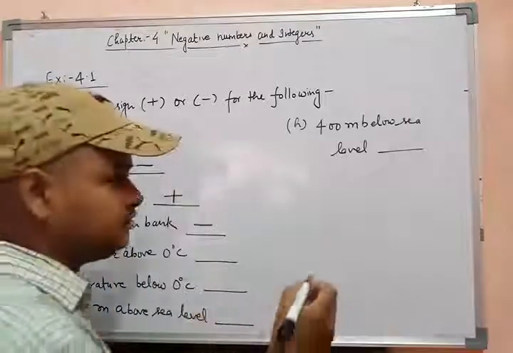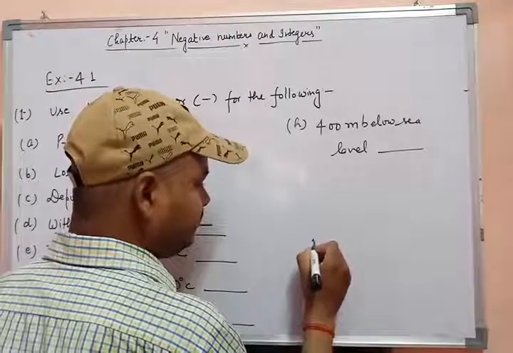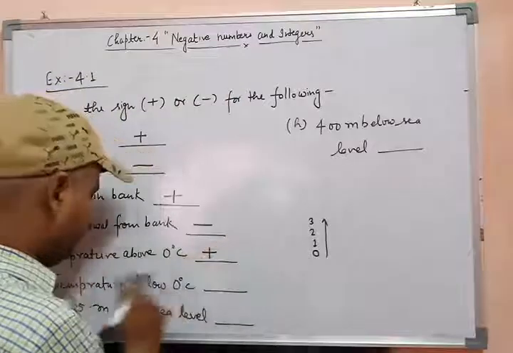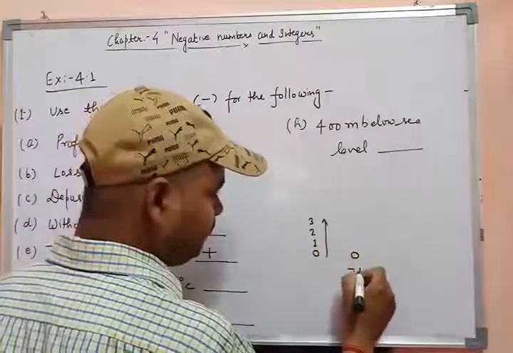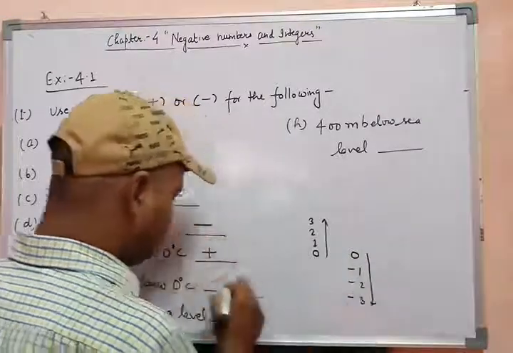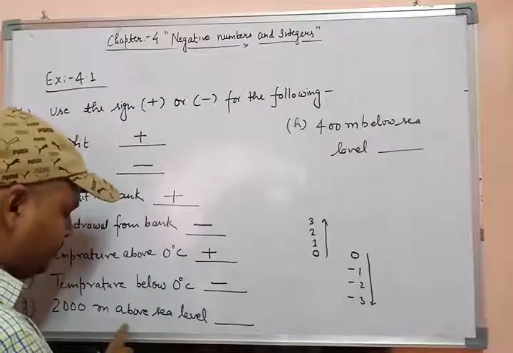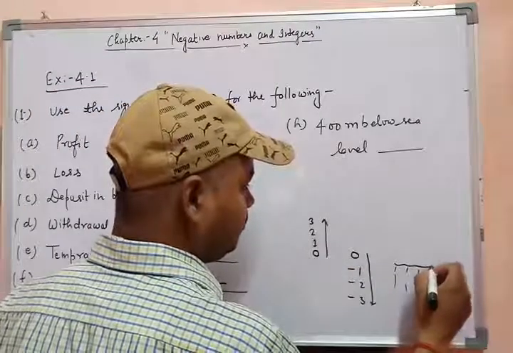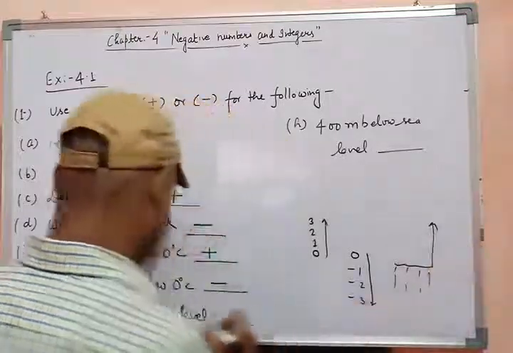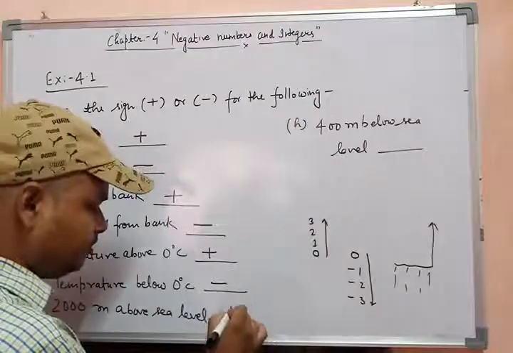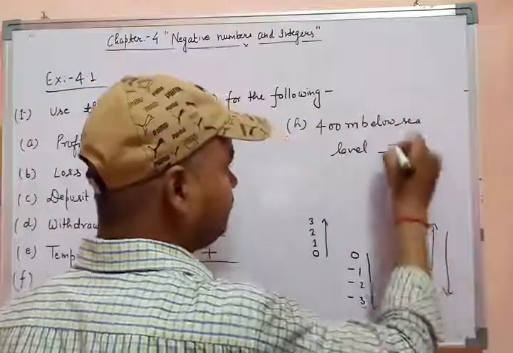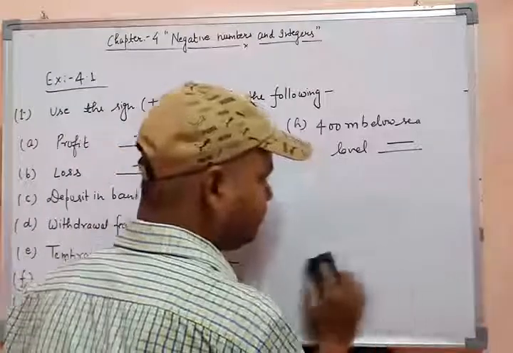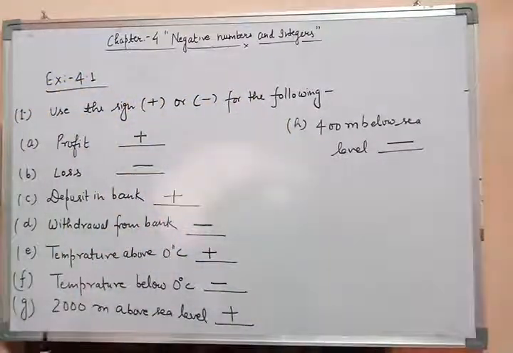Temperature above 0 degree Celsius, जैसे मान लीजिए 0 है, ये 1 है, ये 2 है, ये 3 है। Above का मतलब 0 से ऊपर जा रहा है, तो यहाँ पर प्लस। And temperature below 0 degree Celsius, -1, -2, -3, 0 से नीचे जा रहा है तो यहाँ पर निगेटिव हो जाएगा। 2000 meter above sea level, जैसे मान लीजिए सी मतलब समुद्र है, और 2000 मीटर का मतलब above मतलब ऊपर, यहाँ पे भी प्लस होगा, और ठीक उसी तरह से below का मतलब नीचे, यहाँ पर नेगेटिव साइन लगा देंगे, ठीक है। इस तरह से ये सभी सिचुएशन होते हैं जिनमें हम प्लस और माइनस साइन का यूज करते हैं। So pause the video to note it down in your copy और take screenshot.